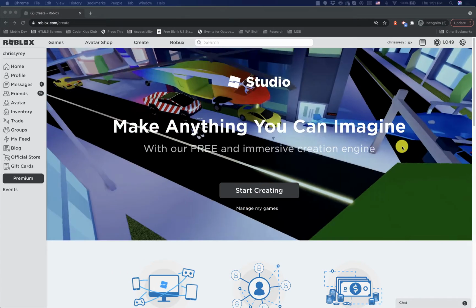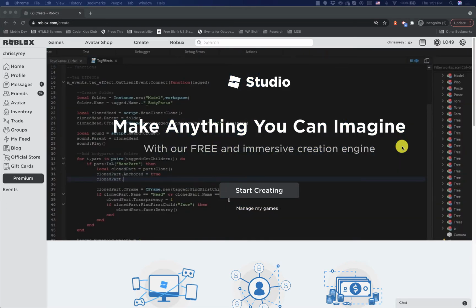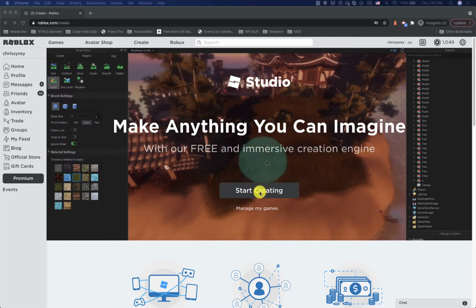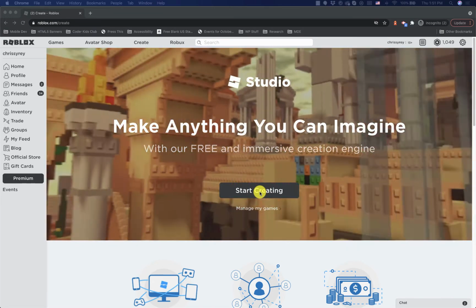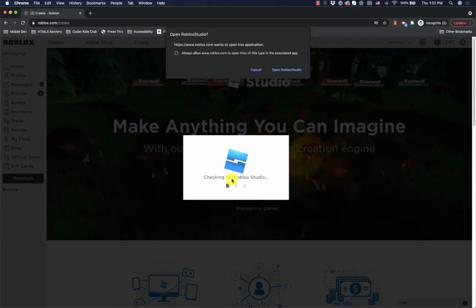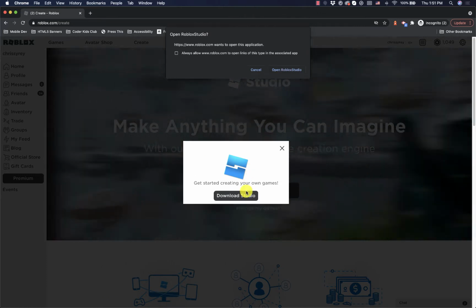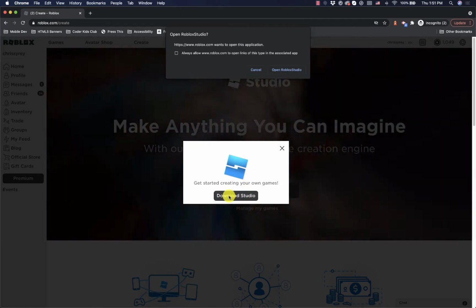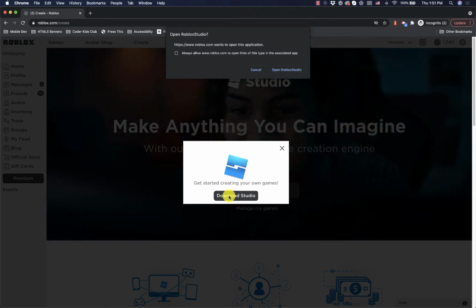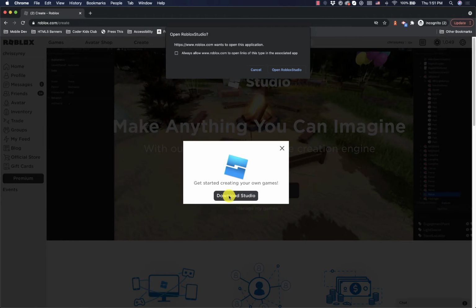So the first thing you need to do is go to roblox.com/create in any web browser. And when you click on Start Creating on that page, you're going to be prompted to download Roblox Studio. So if I click on Start Creating, it's going to check for Roblox Studio. If I already have it installed, I can just click on Open. If I don't have it installed, I would click on Download Studio. That's going to download the program, and then you can install it on your computer. So if you haven't already installed it, go ahead and click pause on this video and then come back after